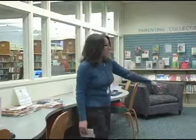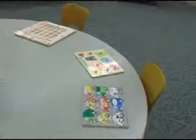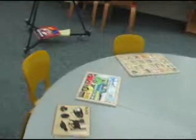Well, welcome into our preschool area at the library. We have several things we're going to show you today that help with early literacy, early learning, and beginning to read. First off, we're going to start over here with our puzzle table. We rotate these puzzles regularly. There's a bunch of different ones, but a lot of them we have letter puzzles, like this one that helps